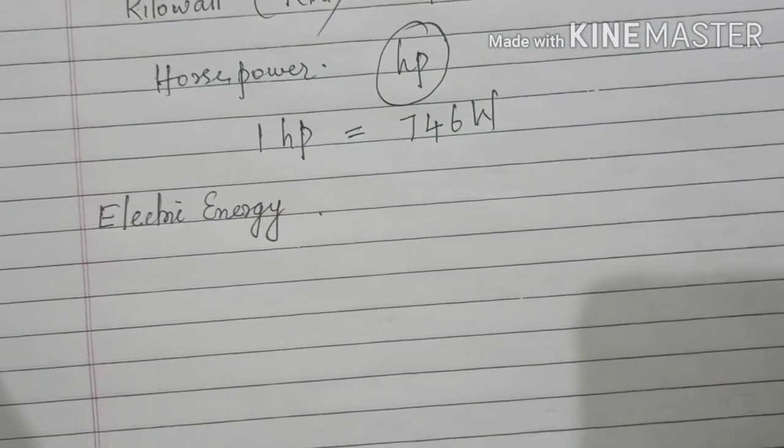As already we have discussed, the work done is equal to energy, isn't it? As we are discussing in terms of electricity, this energy is electric energy. How will you define it clearly? It can be defined as the total work done by the source of EMF. Source of EMF means a battery or a cell. The total work done by the battery or a cell in maintaining an electric current in a circuit for a given time is called electric energy. Basically, electric energy is the work done by the appliance to maintain a current in the circuit.